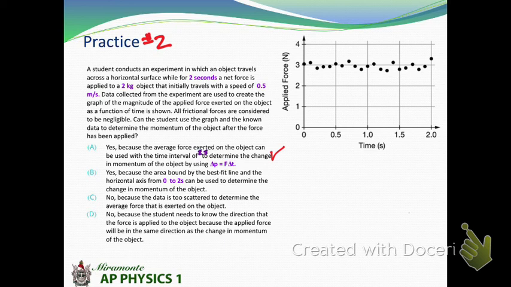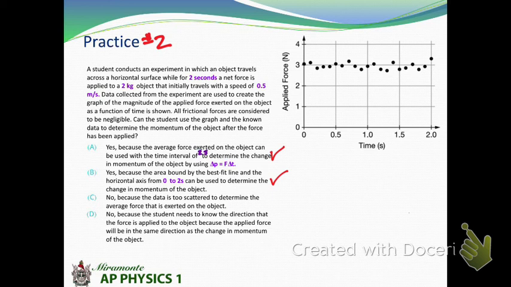Okay, so hopefully you realize that question A looks like a correct response, because if you're going over 2 seconds to get the change in momentum, the change in momentum is F delta t, and we could get F by looking at the graph and the area under the curve. We know the initial momentum, so we could find the final momentum. That makes sense. The second one also looks correct, because the area under the curve is going to give us that momentum. So both A and B are correct, which seems a little bit odd, but let's keep reading.